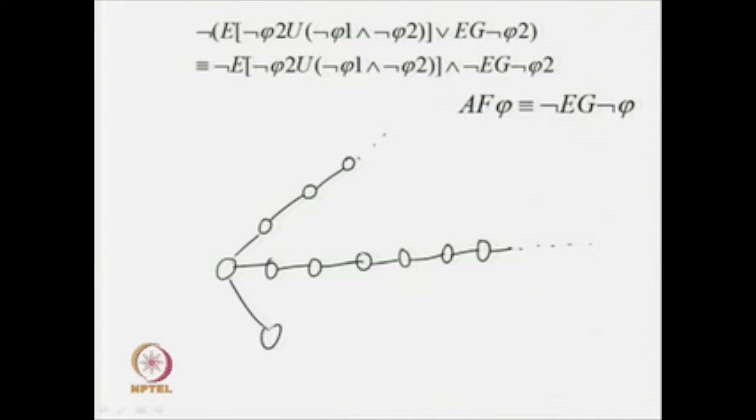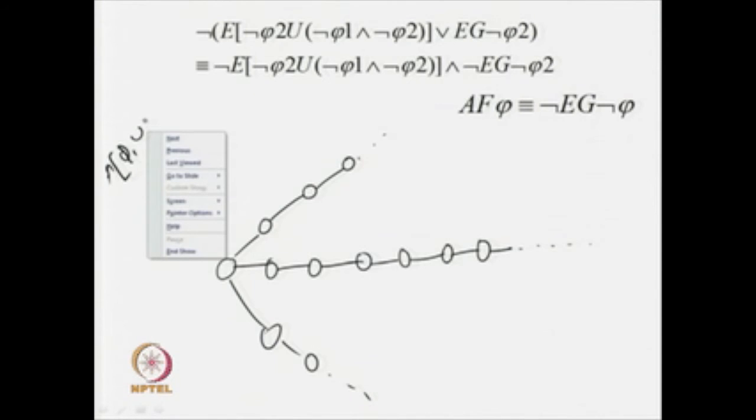So, basically if we have this particular expression, this is the first part and this is the second part. So, f phi. We can now look for all possible paths. Just say that I have, because this is A until. We may have many more execution paths, since A phi 1 until phi 2. In all paths this must be true. So, we will consider one particular path, and the same thing must be true in all other paths.